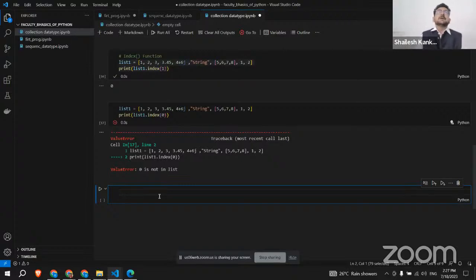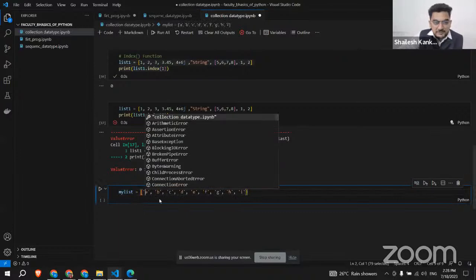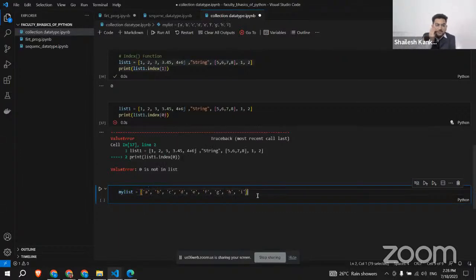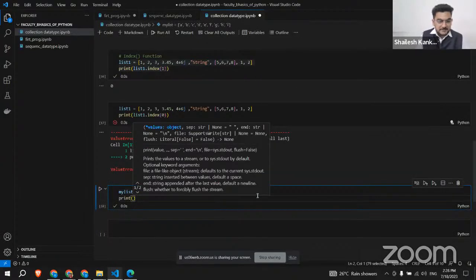We will take an example, my list. We'll take a variable known as my list, which is equal to the list. So this is nothing but the list. And if I want to print from A to D only, then what can I do? I'll just do print